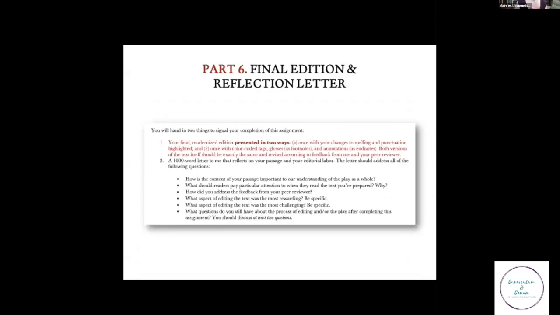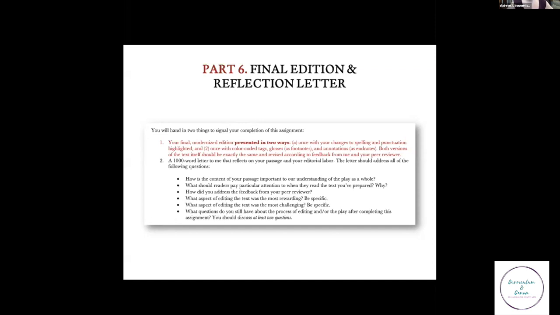And then finally, and this is where I'll talk about the kind of advice I have for anyone working on a project like this. As Kristen mentioned, tedium comes up a lot in student feedback on an assignment like this. I mean, there's a lot of positivity around it too, but yeah, this is tedious work. It's highly detail-oriented work. And so I found it really important to have students step back and write a reflection